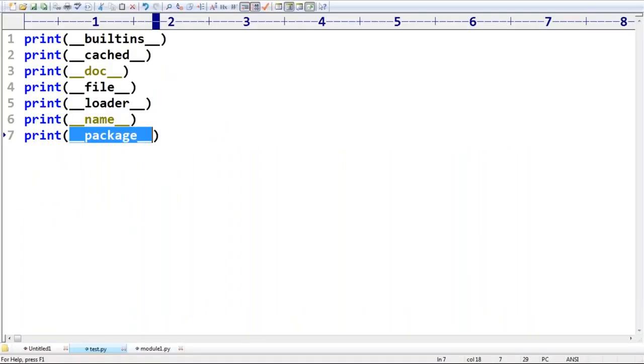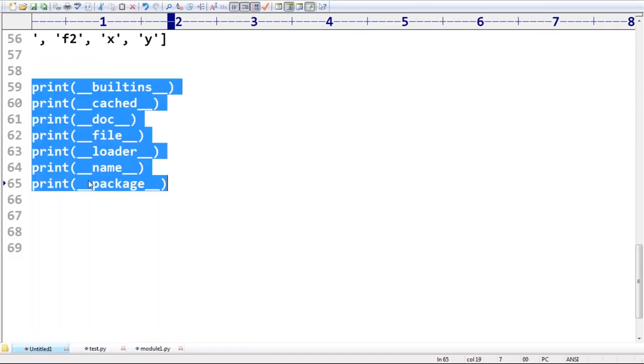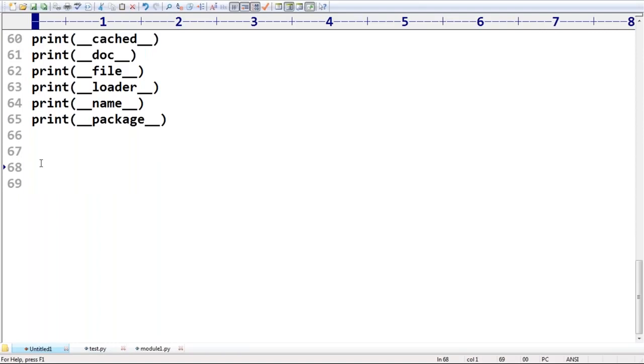So all these predefined, hidden variables are added by the Python interpreter for every module. If you want, you can access them based on your programming requirement, right? Clear? Are you able to understand? Anyway, don't worry, sir. I don't know about what these are. Slowly in the next sessions, maybe we will get to them. Why do you have to worry about these things? Okay, that's all.